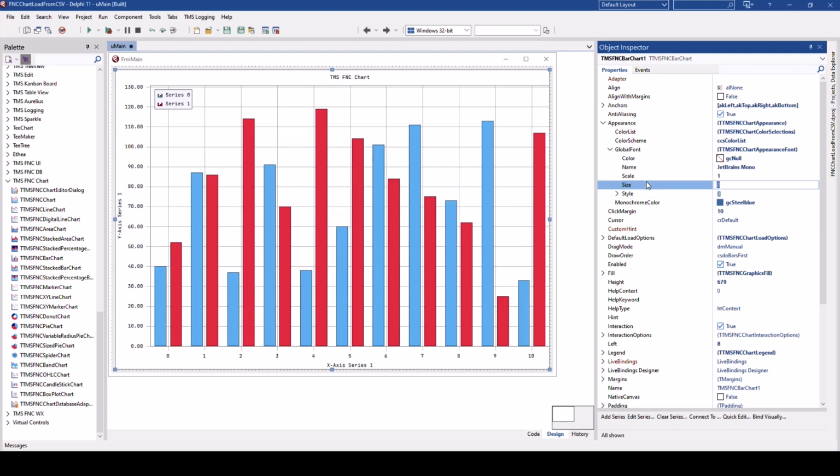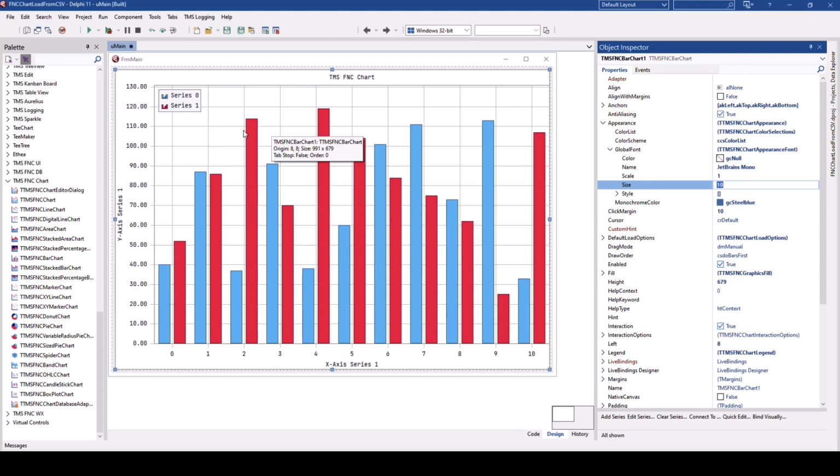And then I can set the size, for example, to 10. And all the different components of the chart will be scaled accordingly. And all the different parts of the chart will be styled accordingly. This is such a major improvement. It is one property and you can control the style of the whole form.